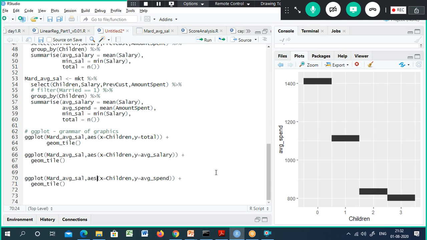We will see the box plot also, and some other charts, and plus we have something called scale fill manual.